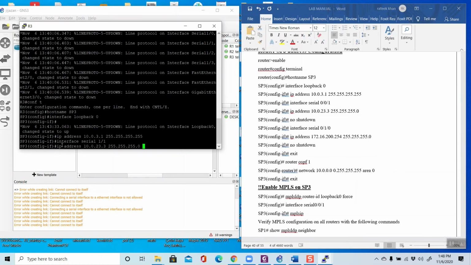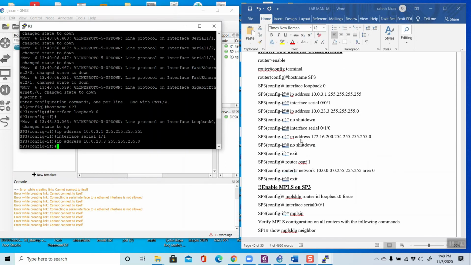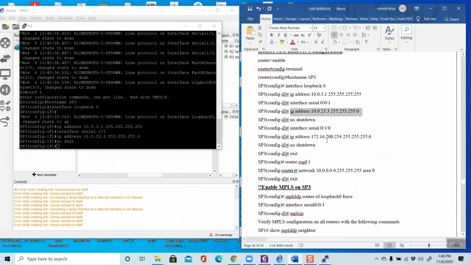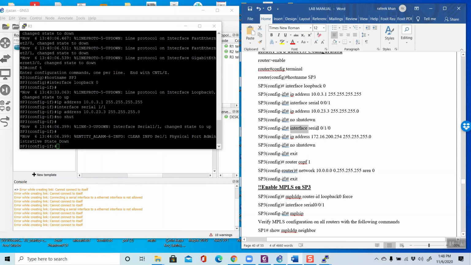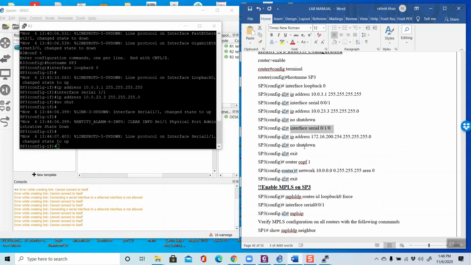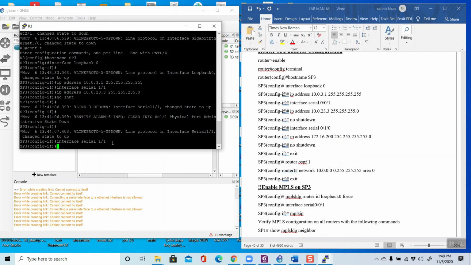Then no shutdown, then we have to use this. Please, you have to know the serial port. Check your serial port when you are doing it, and use the same.